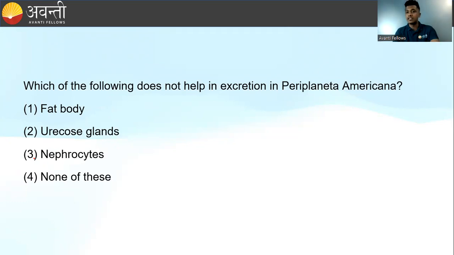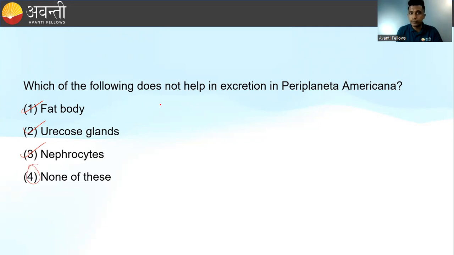Which of the following does not help in excretion in Periplaneta americana? So fat bodies, uricose glands, and then we have nephrocytes, none of the above. So when we talk about the excretion mechanism in cockroach or Periplaneta americana, most of the job of eliminating this toxic waste comes from Malpighian tubules. Apart from Malpighian tubules, what we have is the fat bodies, uricose glands, and nephrocytes. Okay, nephrocytes are found in Malpighian tubules. Okay, so they help in filtration of the blood impurities. So all three of them are involved in excretion,